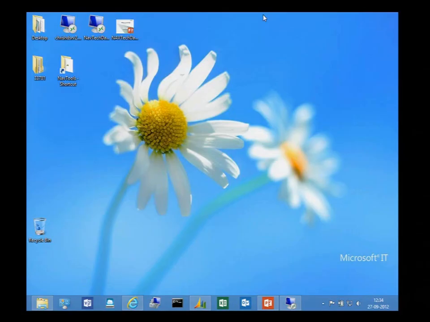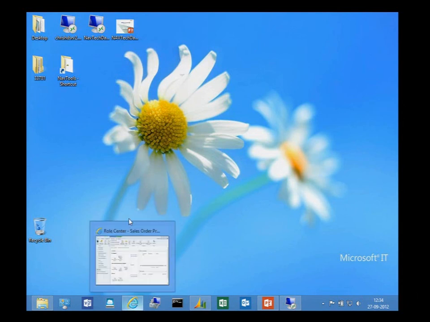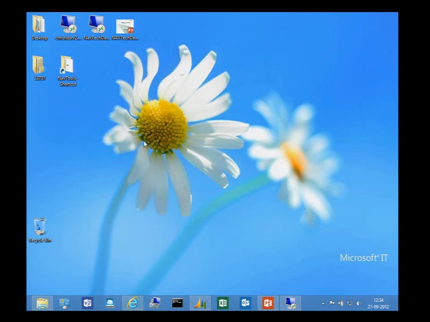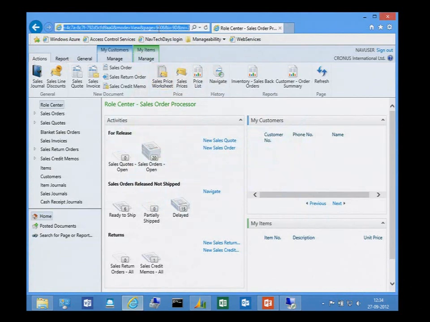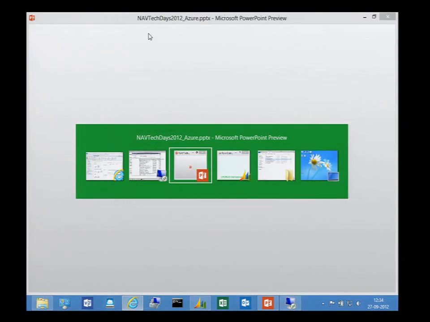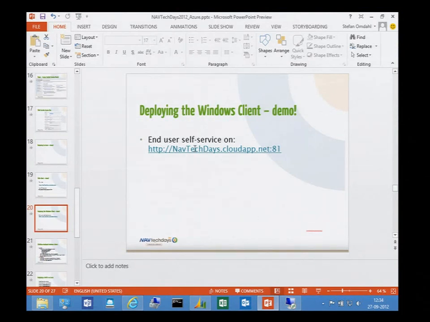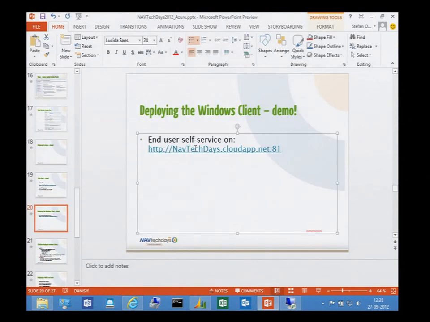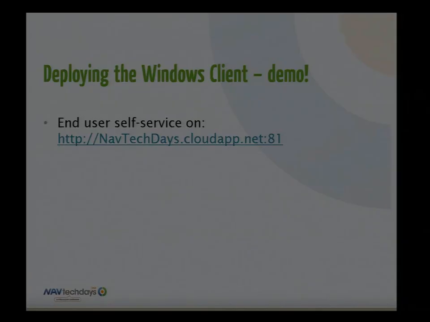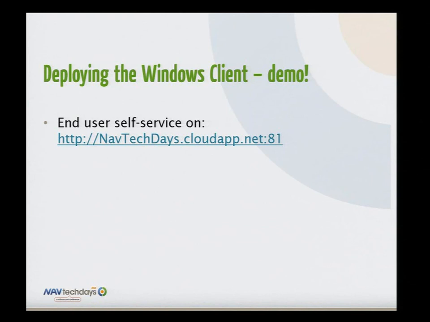If I go out here, now we're back on the laptop, we're not on the Azure VM anymore. Maybe I have the presentation actually. I click this link. Click.